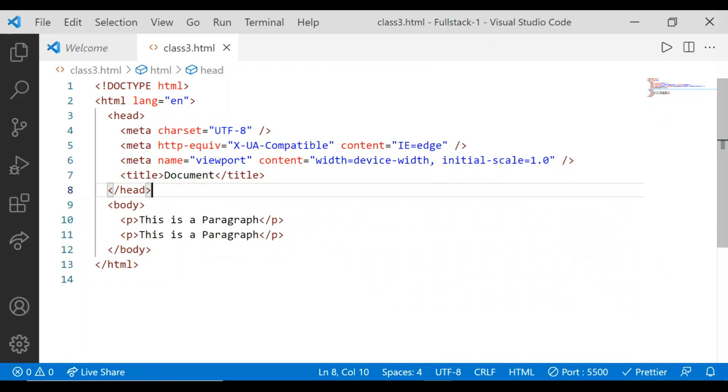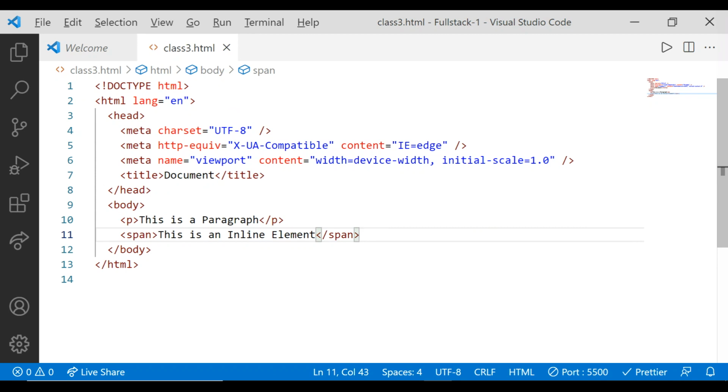I'll add something into the code so that I can explain more about these block level elements. Now see, instead of writing the p tag, I'm going to write the span tag. So span is basically a text level element, and here I'm writing, this is an inline element. I'm duplicating it, and I'm again going back to here. Now I'm going to add the basic styling.